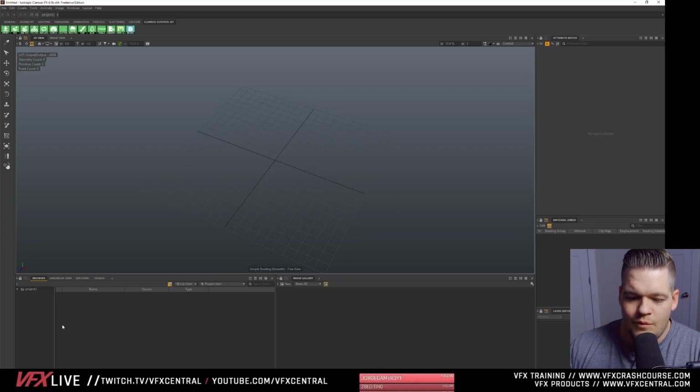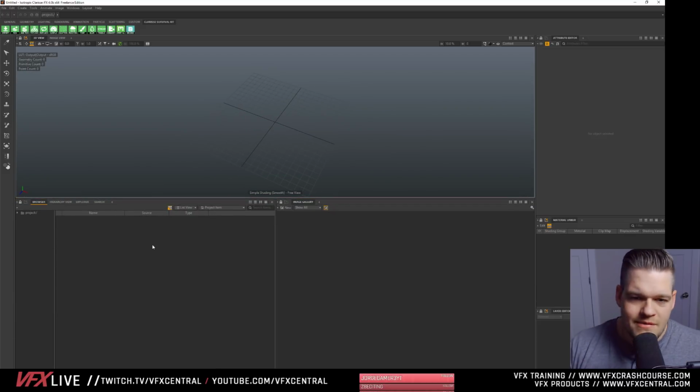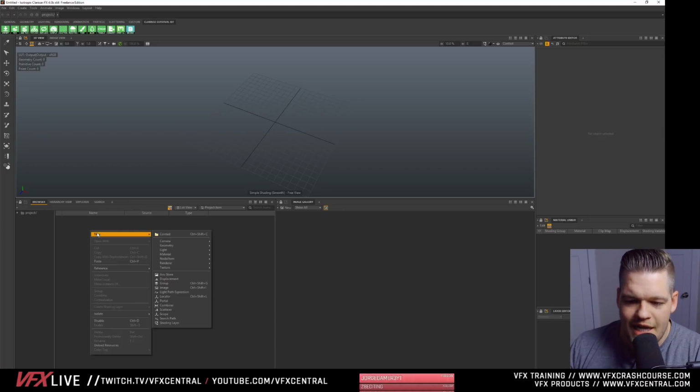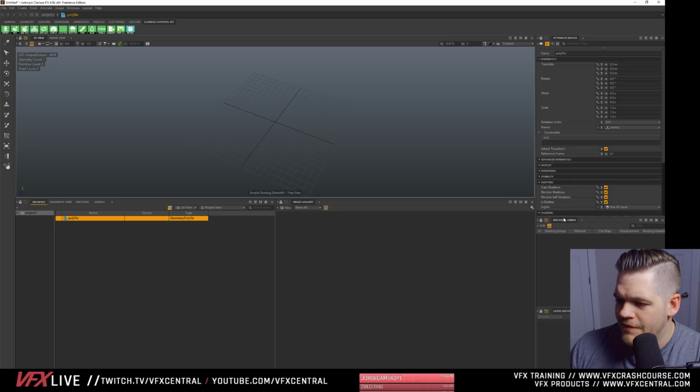So the way this thing works, and again, you don't model in here. This isn't modeling. I think you can animate in here as well. I haven't played around with that very much, but this isn't for modeling. It's bringing everything in, lighting it and rendering it. So it looks at everything as a proxy. So it's interesting.